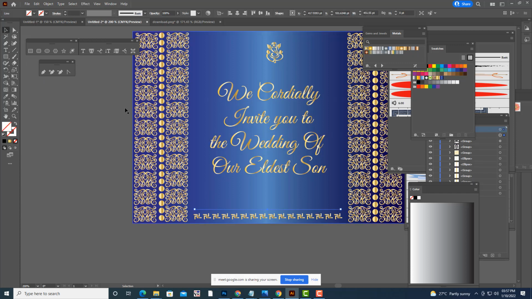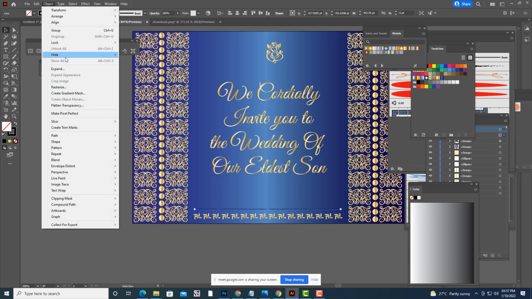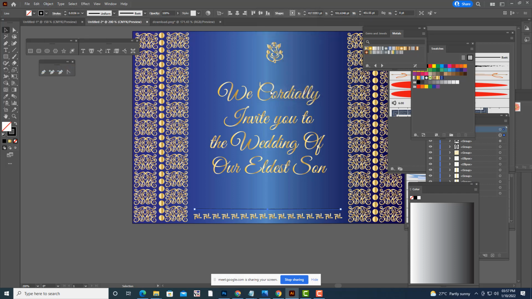So create one line, and then we will give the same golden color to this. See here.